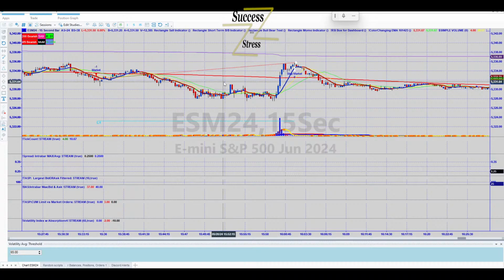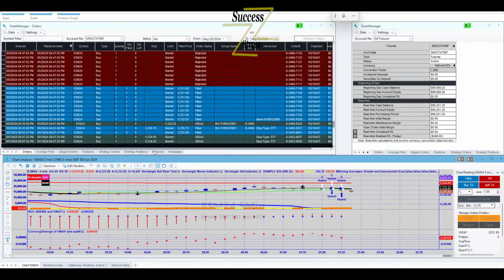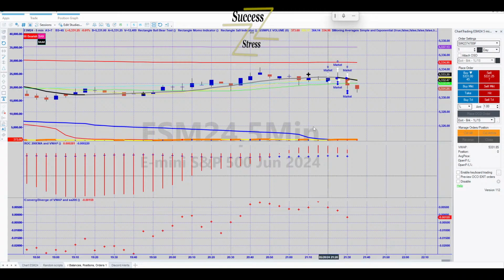I think even if it gets stopped out, if you put an order in, well, we know it was an order in because we saw it from this trade manager. So we know that there was an order in for that higher number. What was that? It's 335. You're out here, so this was 5325. Excuse me, 5323.